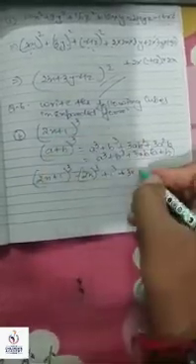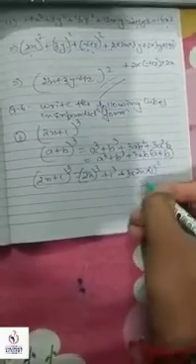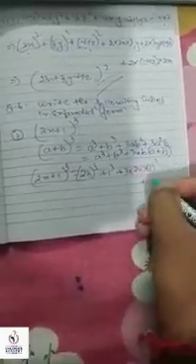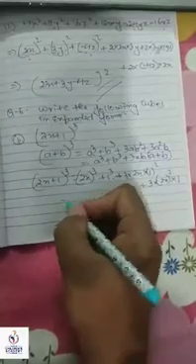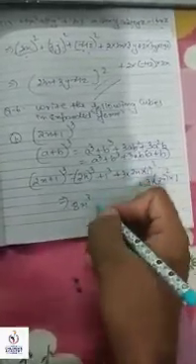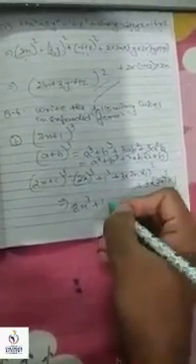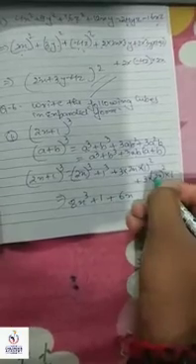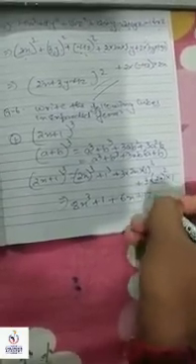What is a? 2x into b square means into 1 square, plus 3a square b, so 3 into what is a? 2x, so 2x square into b is 1. Now let's see, 2x cube means 2, 4, 8, so 8x cube. 1 cube will be 1 only. 3 into 2 is 6x. Here 2 ka square, 2 4x square, 4 3 12. So this is your answer.